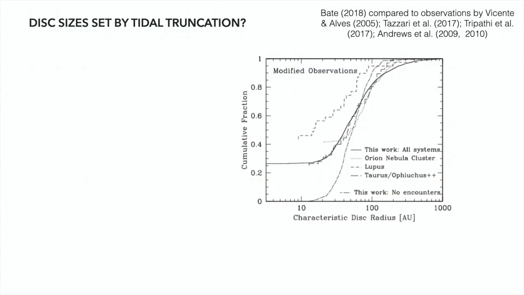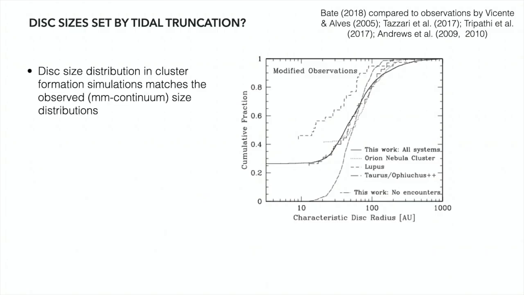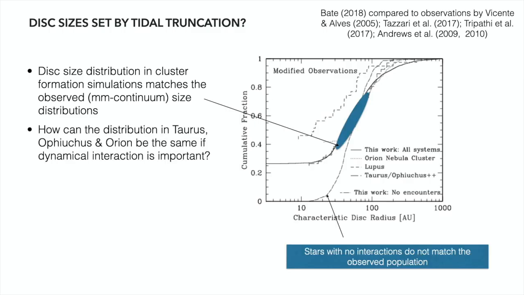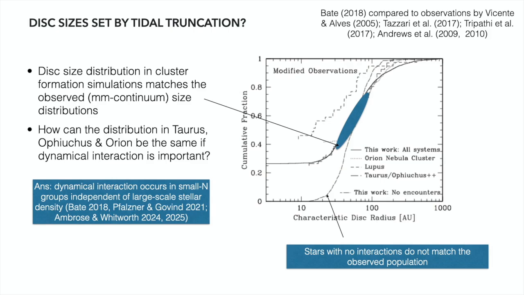Also, I want to take you back to the kind of mass that stars are born with. So basically, clouds fragment until the opacity limit, and the opacity limit for fragmentation is about 5 Jupiter masses. So you basically form a lot of low mass seeds that then interact to make larger objects. Basically all stars are born as multiples, and then the system decays. So even if you have a small patch of a molecular cloud, you're going to make a decaying n-body system. And it's the decay of the n-body system that sets this size distribution. And so you don't have to have a giant cluster interaction. You have a small n cluster, and you can still get the same size distribution out.